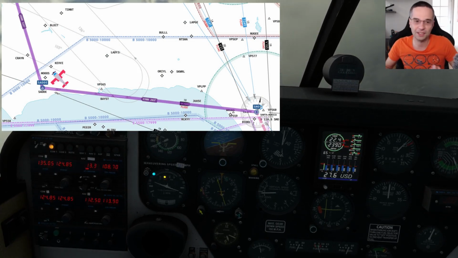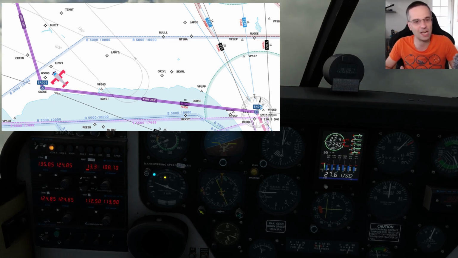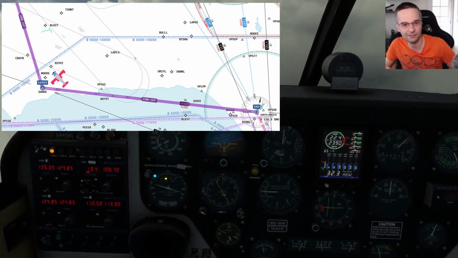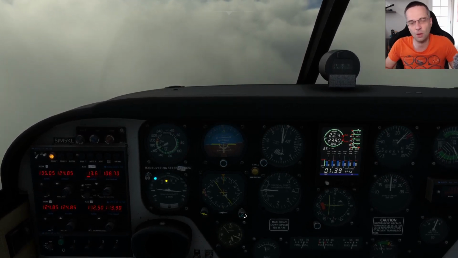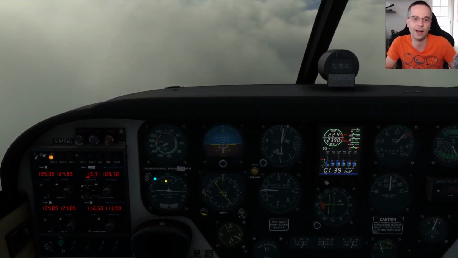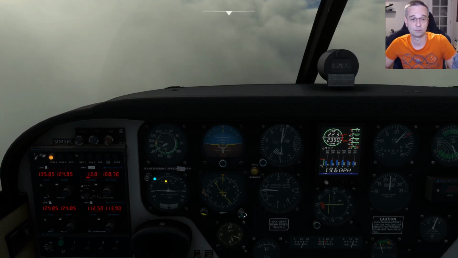Although the way that I do it, as you've seen so far, is I just shallow up my intercept angle progressively until I get closer and closer to where I need to be, and then I'll just make small corrections left or right until I'm right on course. Anytime we change our course, it's a good idea to double check our nav instruments, and this time it's even